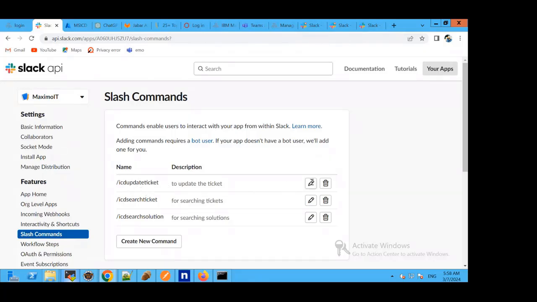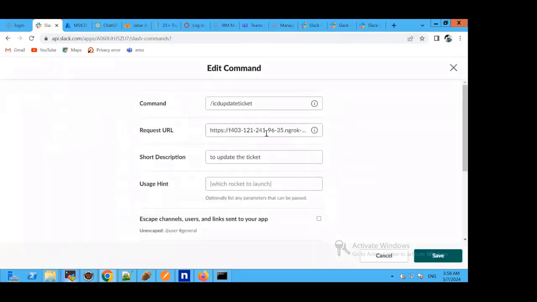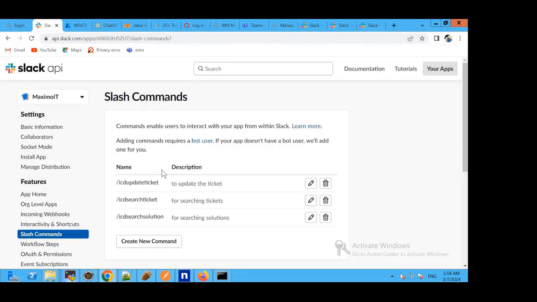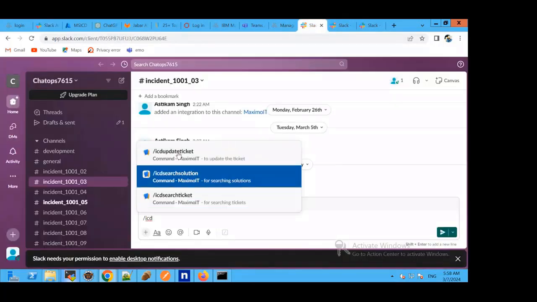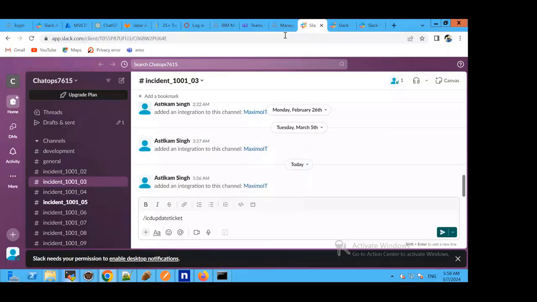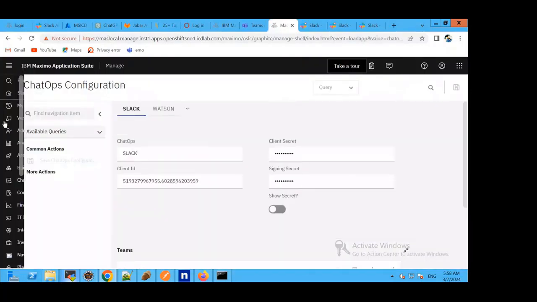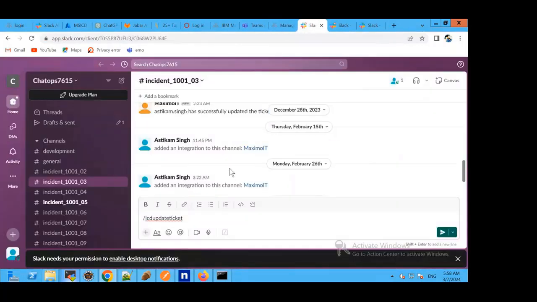So in here, for the slash command, we need to give our proxy URL. I have given our proxy URL, and we need to give a short description about what this command is actually doing. So we have created this slash command that is part of the configuration. Once this slash command has been configured, I have just created one ticket, I guess